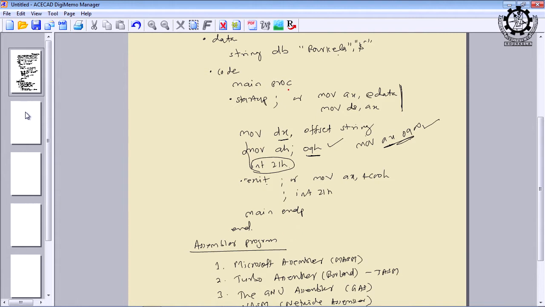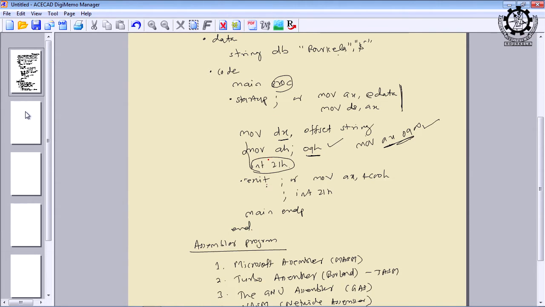And which are user defined, because there are three types of entities here. Some are the machine instructions, and some are the pseudo instructions, and some of the things are written by the programmer. For example, PROC we have written, and Raurkela is a string we have written as a constant, a string constant, and a string type.